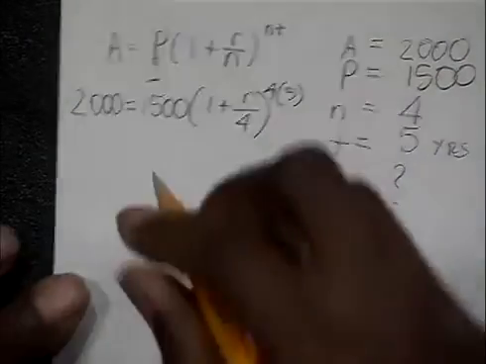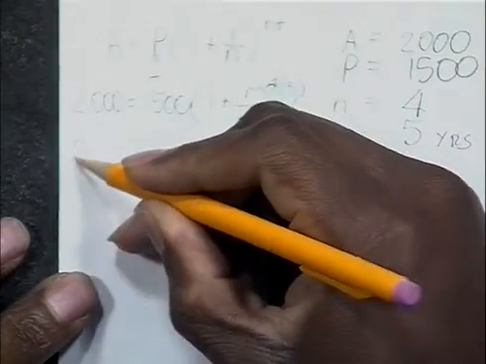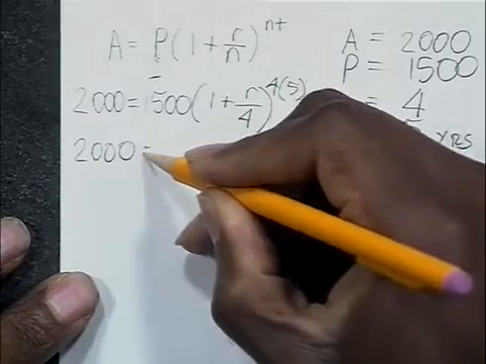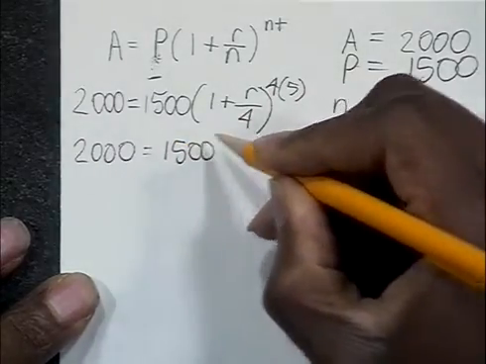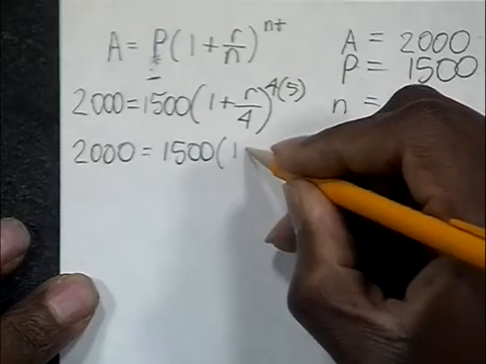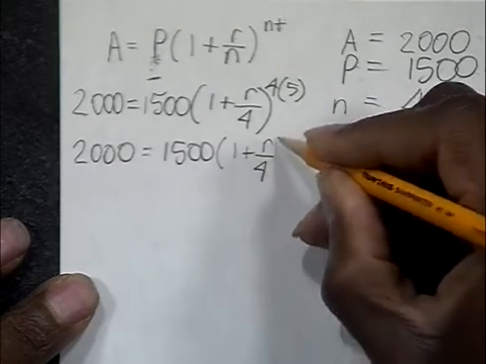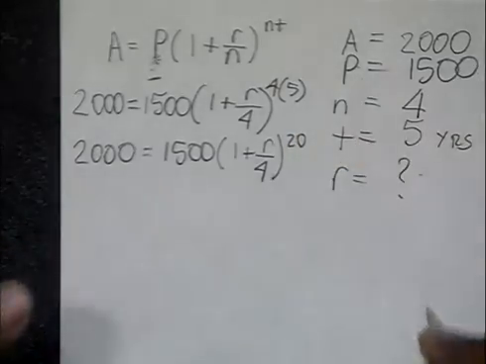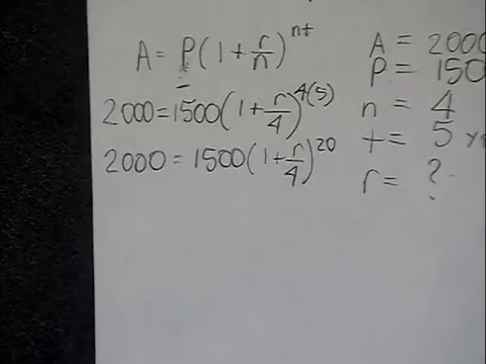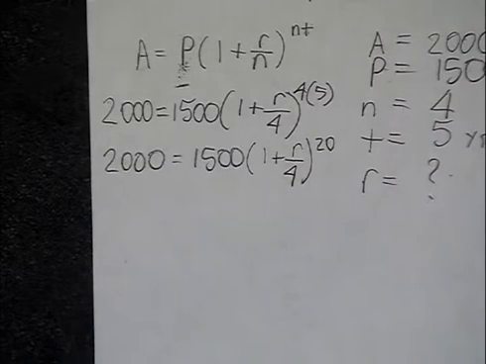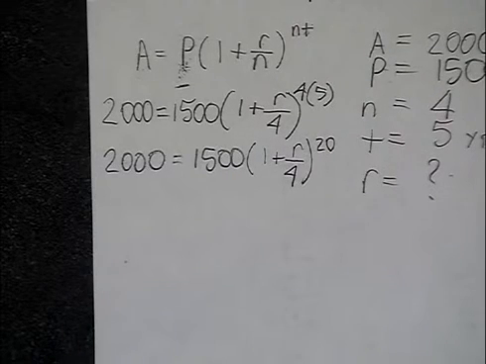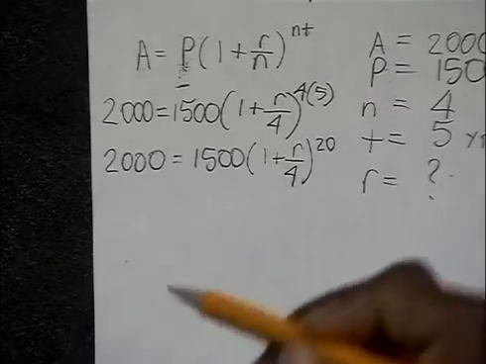So what we end up with here is 2,000 is equal to 1,500, and then we have 1 plus r over 4 to the 20 power. All right? Our goal is to solve for r. All right, so how do we do that? Let's attempt to isolate